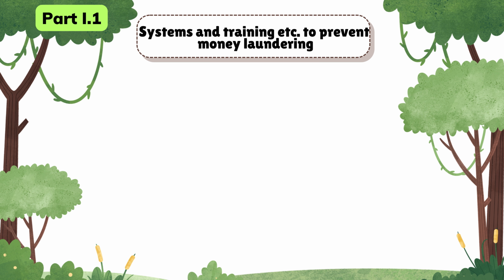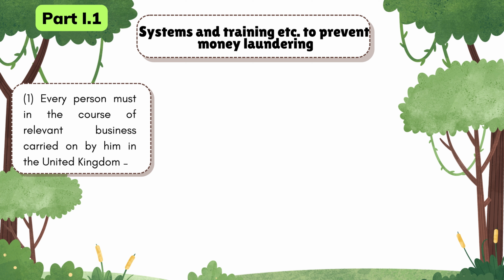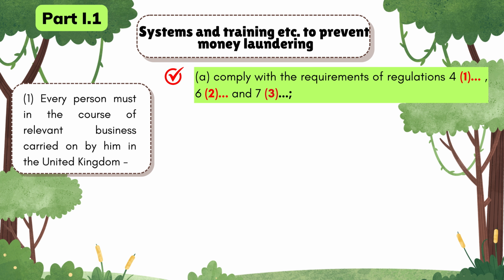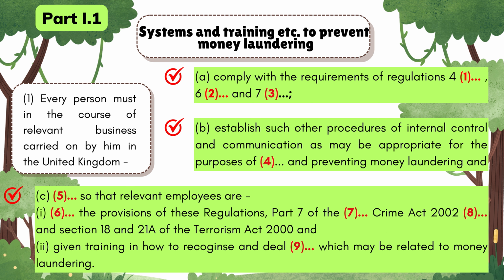Systems and Training etc. to prevent money laundering. 1. Every person must, in the course of relevant business carried on by him in the United Kingdom, a. Comply with the requirements of regulations 4, identification procedures, 6, record-keeping procedures, and 7, internal reporting procedures, b. Establish such other procedures of internal control and communication as may be appropriate for the purposes of forestalling and preventing money laundering, and c. Take appropriate measures so that relevant employees are made aware of the provisions of these regulations,